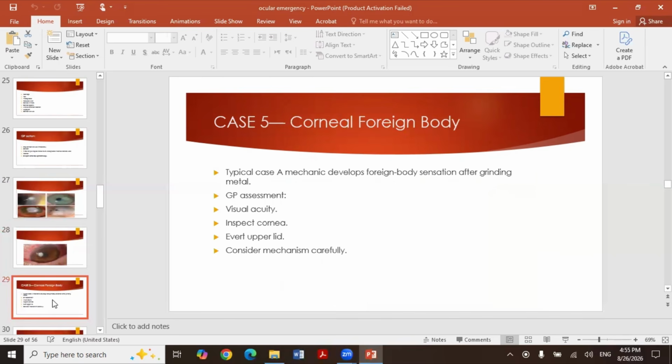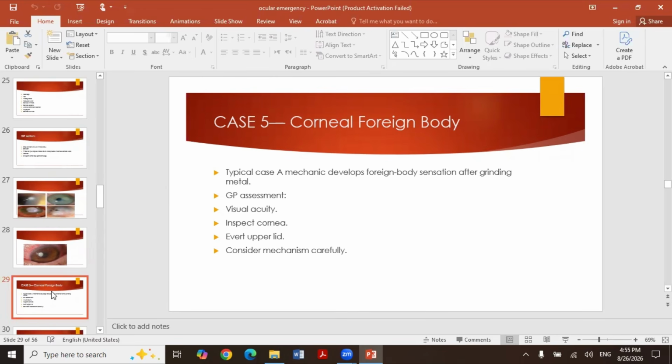Now, case number 5, the corneal foreign body. Especially the patient will come as a mechanic or a worker, working especially with metal. He developed foreign body sensation after grinding the metal. For the GP assessment, you should first check the visual acuity as we discussed: counting fingers, hand motion. You should look at the cornea. If you can, evert the upper lid and look if there is any foreign body under the eyelid, and consider